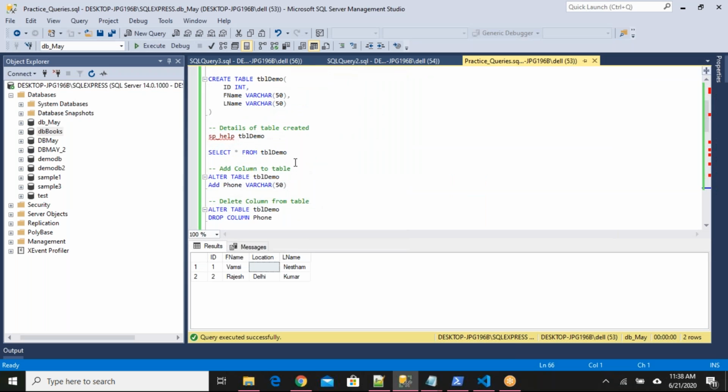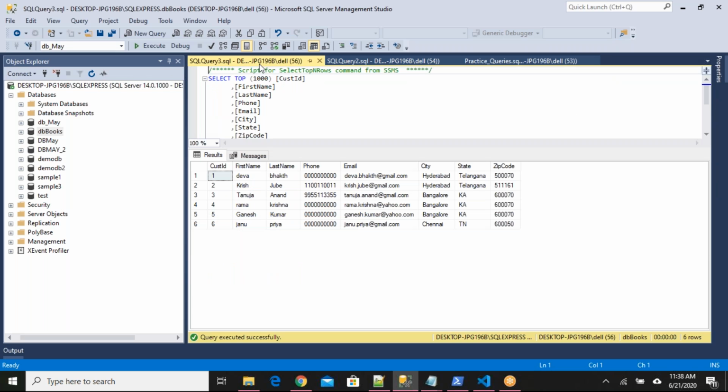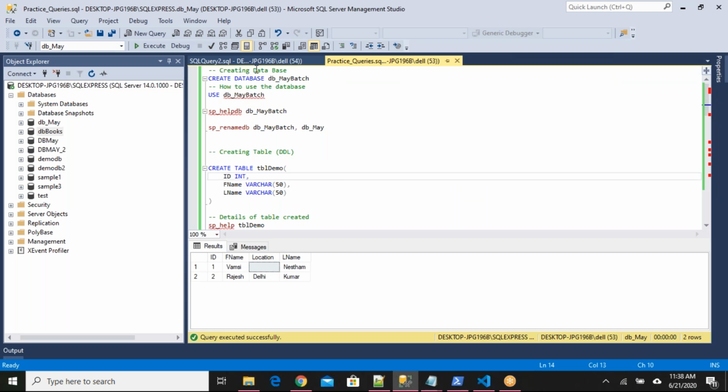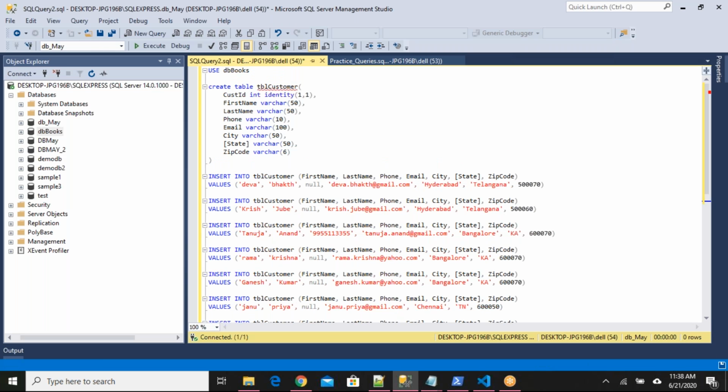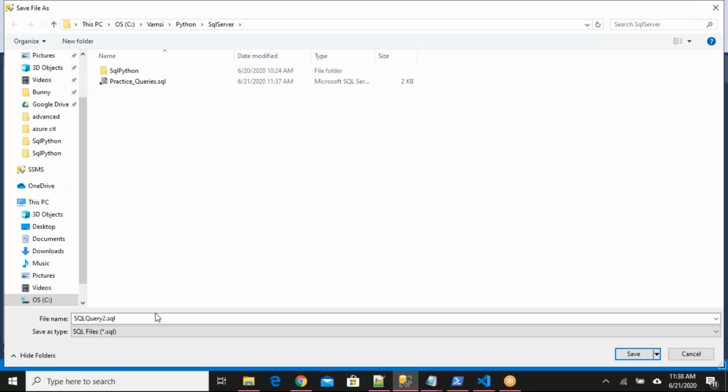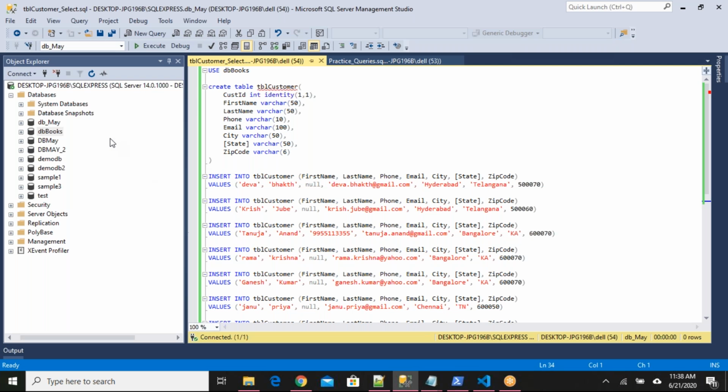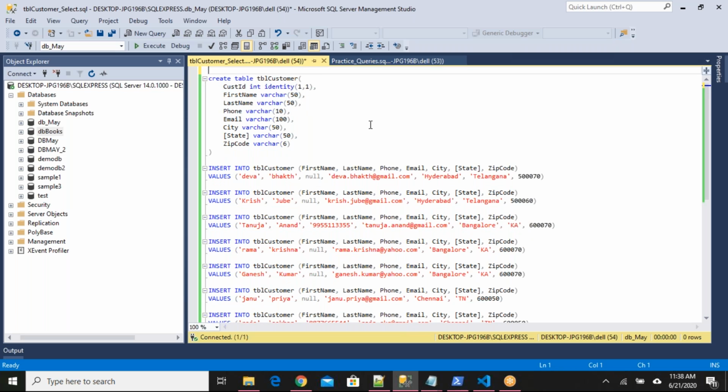I think I can save it in another file. It would be easy for me. Okay, I'm writing TBL customer. Select. Okay, fine. I'm creating one table.